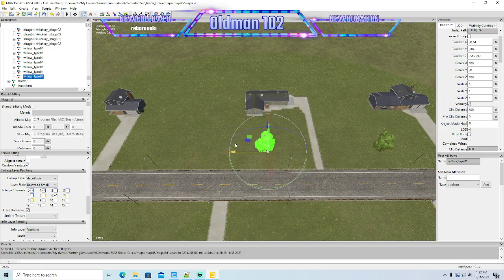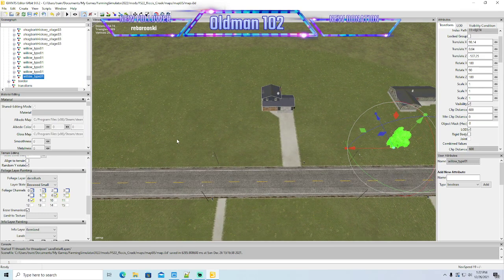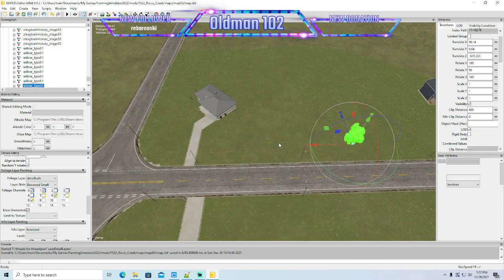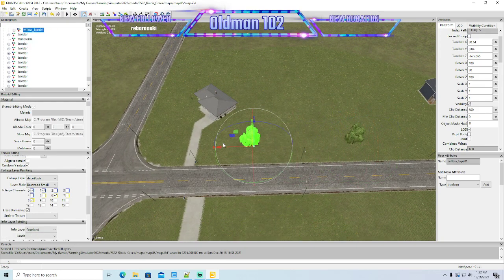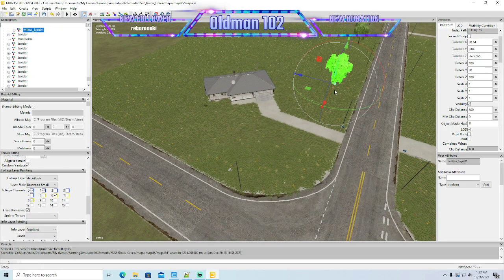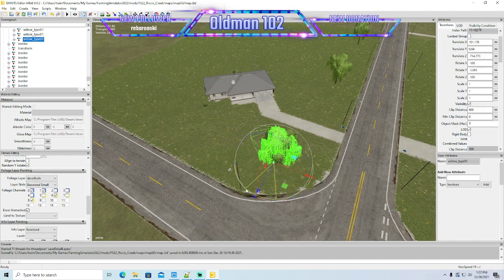Let's do, we'll just do one in the middle. Let's throw one there. Let's get one on the corner. And we'll get one